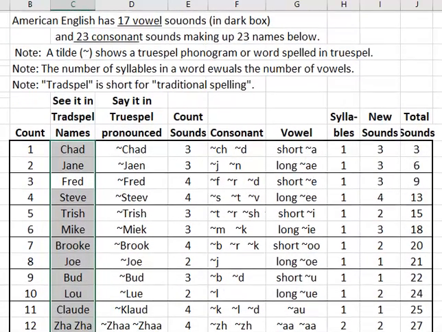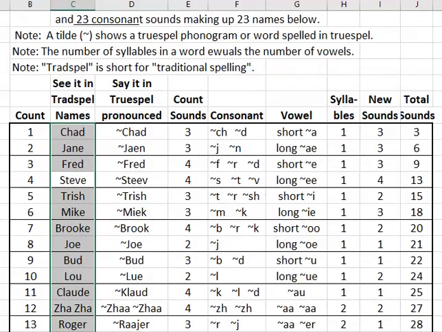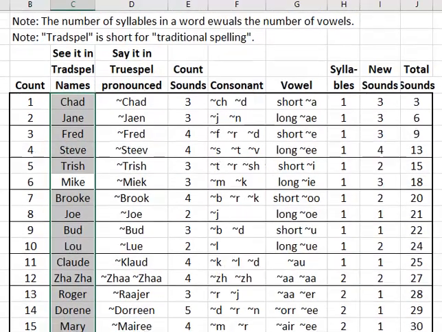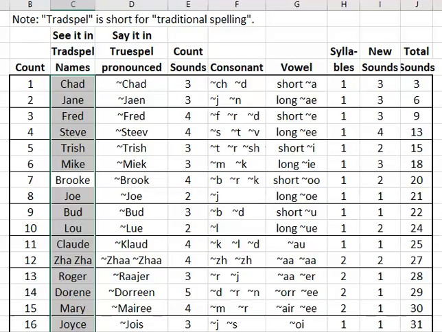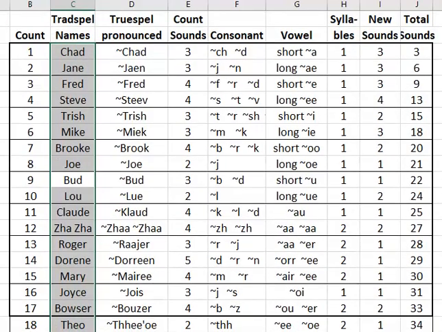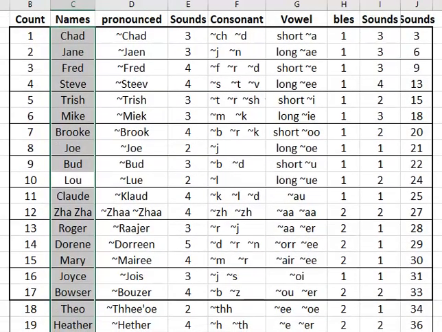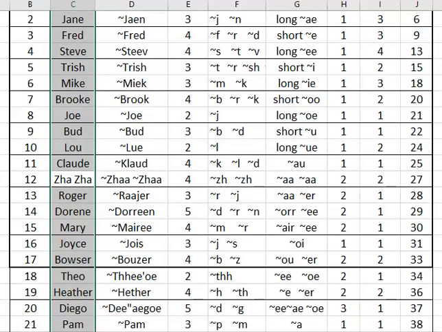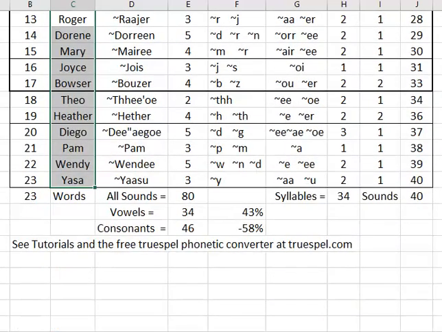Chad, Jane, Fred, Steve, Trish, Mike, Brooke, Joe, Bud, Lou, Claude, Jaja, Roger, Doreen, Mary, Joyce, Bowser, Theo, Heather, Diego, Pam,